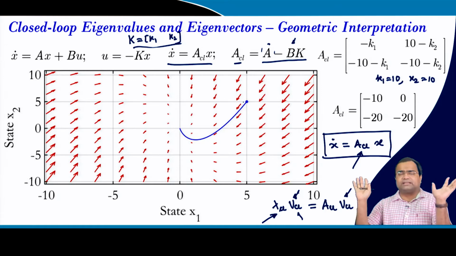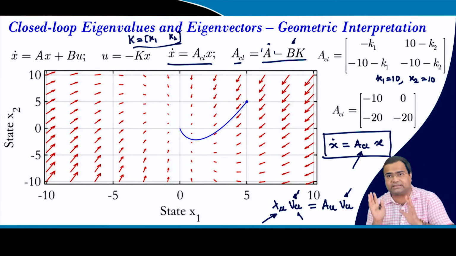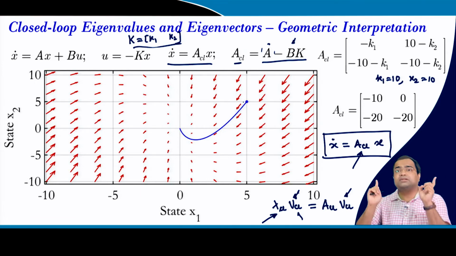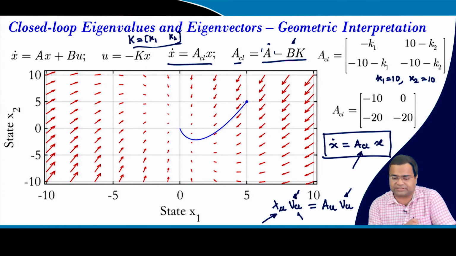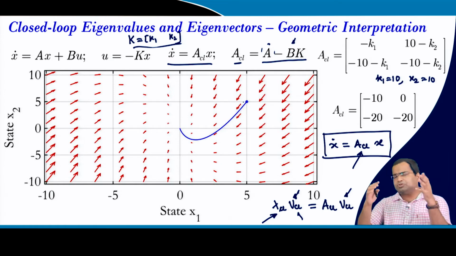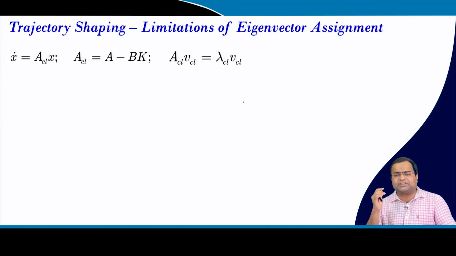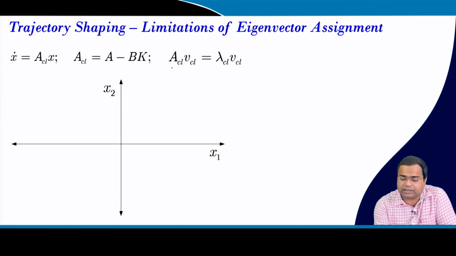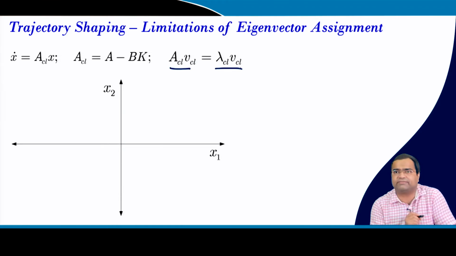But the stability property is decided by the eigenvalue. Those are fixed, so that is not going to be affected, but the nature or shape of the trajectory will be different. This is one of the problems in linear control systems, because we have almost no choice to decide the shape of the trajectory by means of linear control; we can only place the eigenvalues. So if we want to shape the trajectory, I talked to you about the closed loop eigenvalue and closed loop eigenvector.